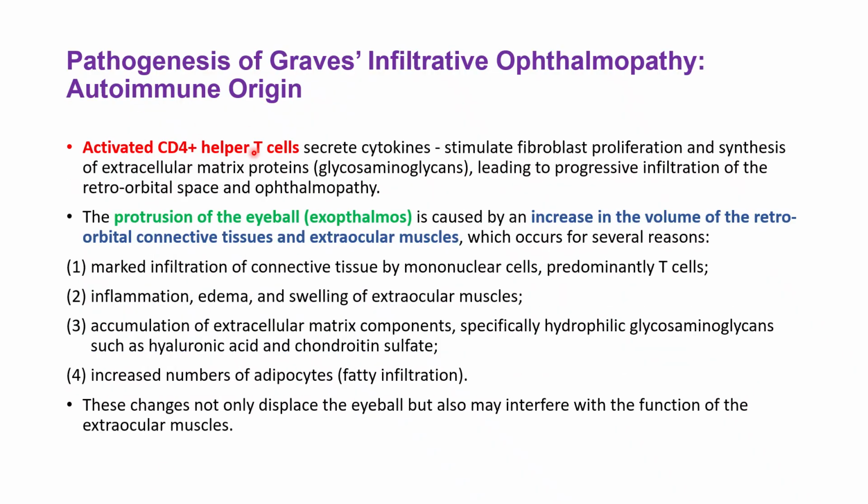Activated CD4 helper T cells secrete cytokines which stimulate fibroblast proliferation and synthesis of extracellular matrix proteins, glycosaminoglycans, leading to progressive infiltration of the retroorbital space and ophthalmopathy. The protrusion of the eyeball, exophthalmos, is caused by an increase in the volume of the retroorbital connective tissues and extraocular muscles, which occur due to marked infiltration of connective tissue by mononuclear cells, which are predominantly T cells,